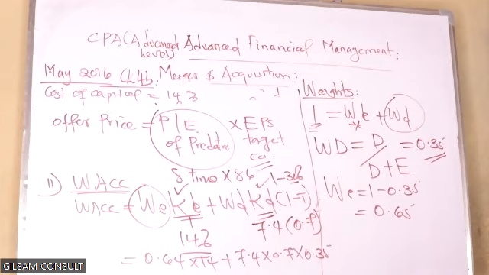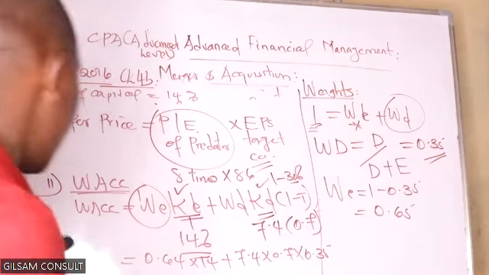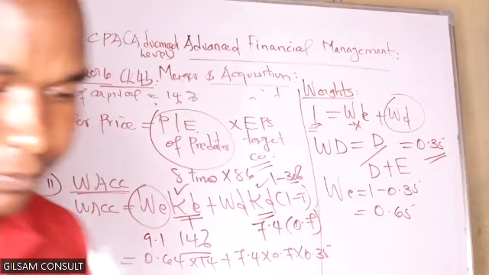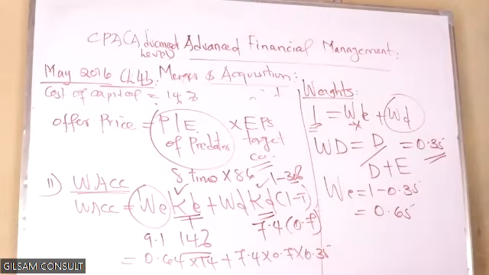So we take 0.65 times 14. That one gives me 9.1. The other one, if you adjust 7.4 times